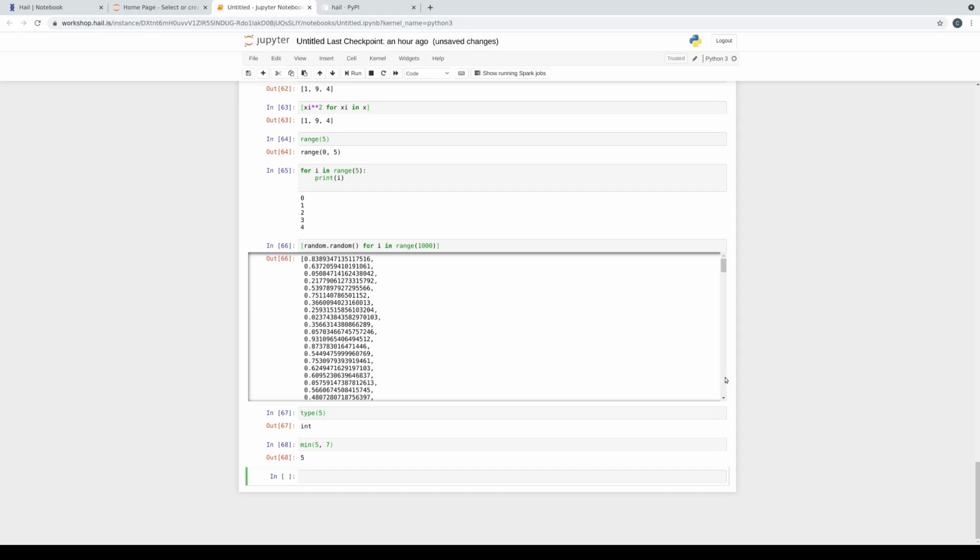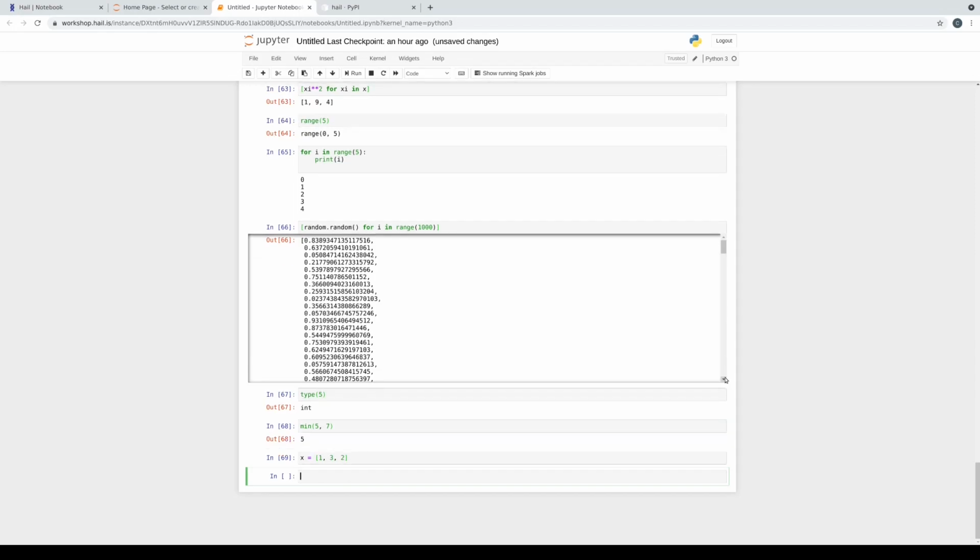And methods are part of object-oriented programming. A method is basically a function which is associated with an object or a value in Python. And methods are called with dot syntax. So let's look at two related functions, one a function, one a method, that do basically the same thing in a slightly different way. So let's go back to our example of a list x, 1, 3, 2.